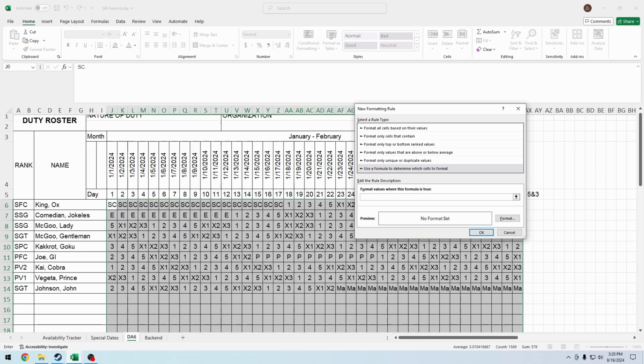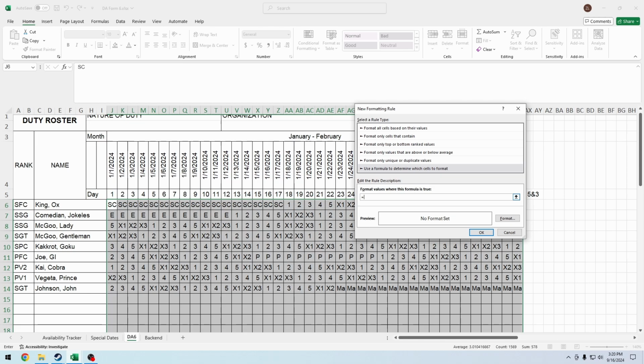Now it's going to sound a little counterintuitive, but we're going to type in just J6 because what this does is it says this specific cell. And when we highlighted everything, it actually changes it. So if we put J6, it'll say K6, L6, and then J6, J7, J8. It'll do it for you. So we're just going to type in for the first thing here